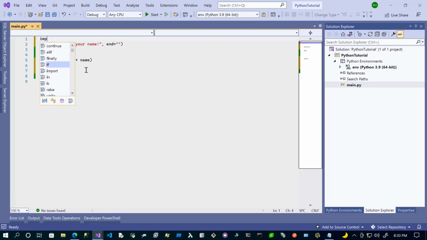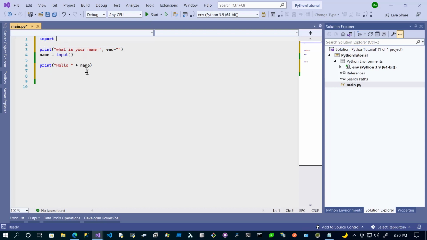To do that, we want to use import. Import is similar to what we had in C# where we used the using statement and then had a namespace. So here we're just going to say import sys, and then from here we can say sys. Actually, I made a mistake. It should not be sys, it should be os. We want the operating system functions. So then we can say os.system, and then we can say CLS. So if we run this,